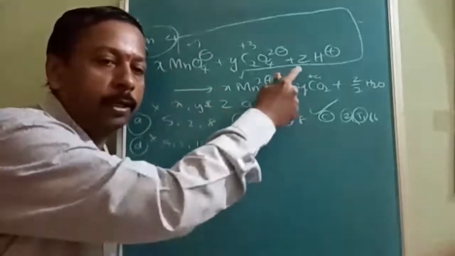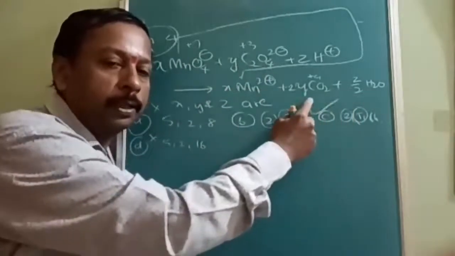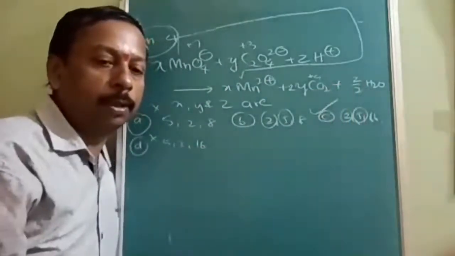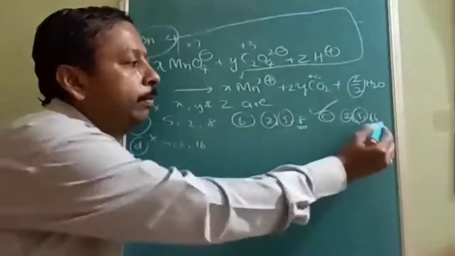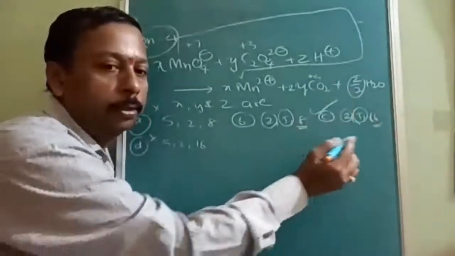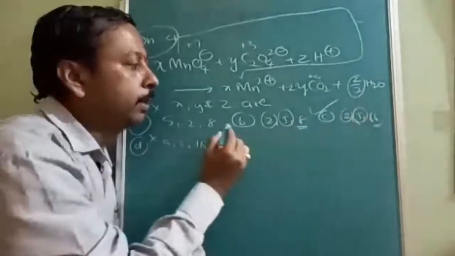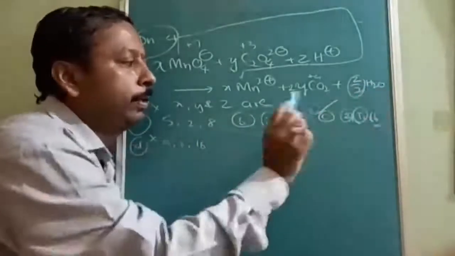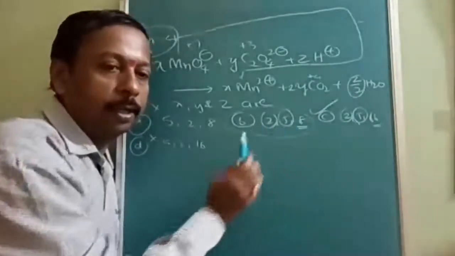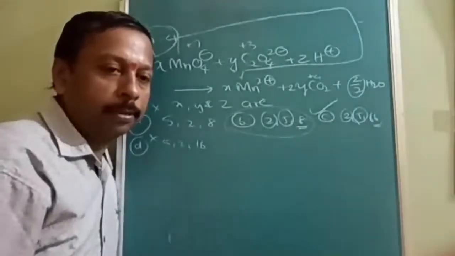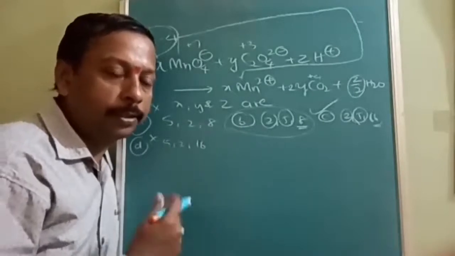The only thing we need to calculate is simple. If you write 2 and 5, you will come to know the oxygens. Subtract those oxygens here, and you will get the number of water molecules. Just to confuse you, see here how critically the options are made. Z by 2, understood? So if you write 16, then you will get Z by 2 as 8. Generally, people answer B because they will get 8H2O, and immediately substitute 8. That is also kept before the actual answer. So these are all the traps, so you have to be very careful. Understood? Every option you should read carefully and check the other options also.